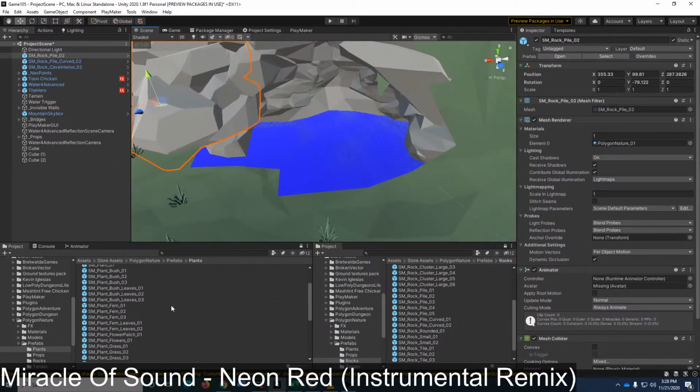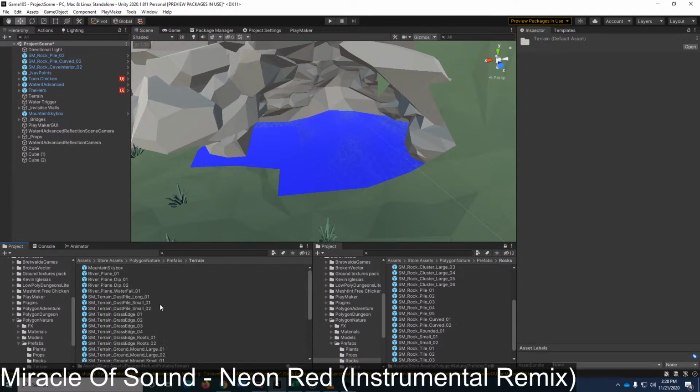I'm going to need ground, so let's go to terrain.